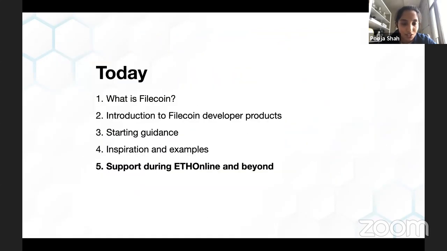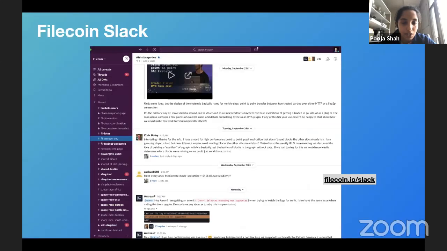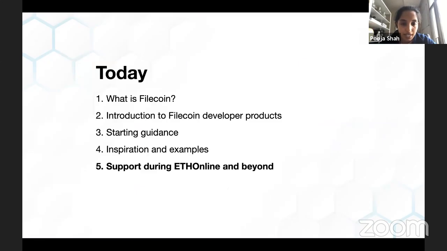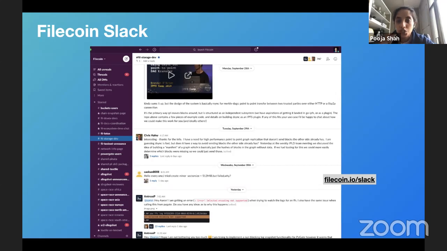And so during this hackathon, there are a bunch of different resources that you can use to get support from the Filecoin team and just learn more about how to perform your integration. In addition to the Discord channels that you have for this hackathon,